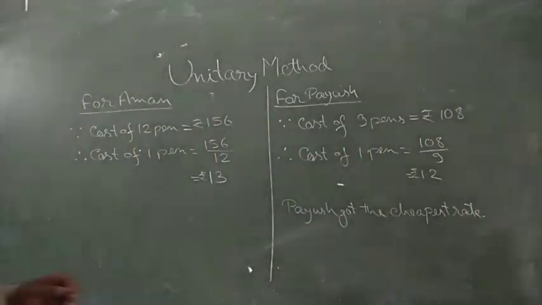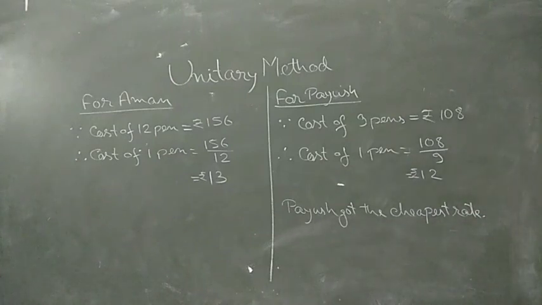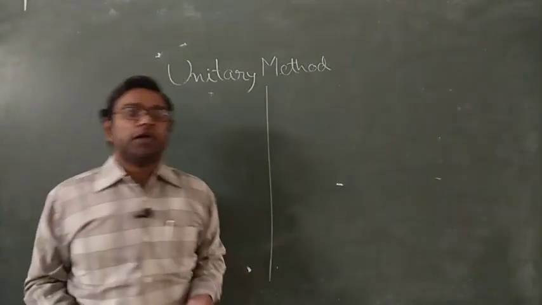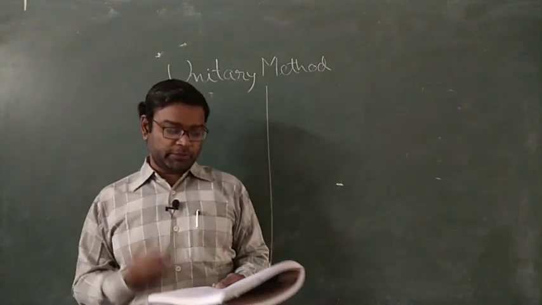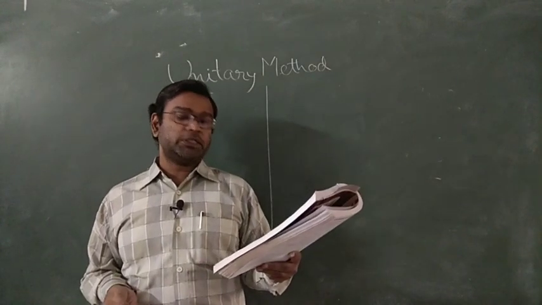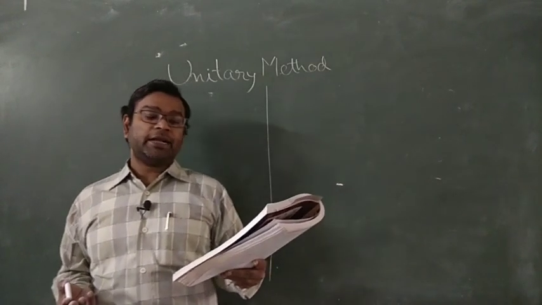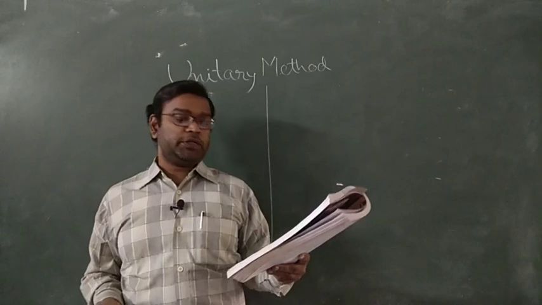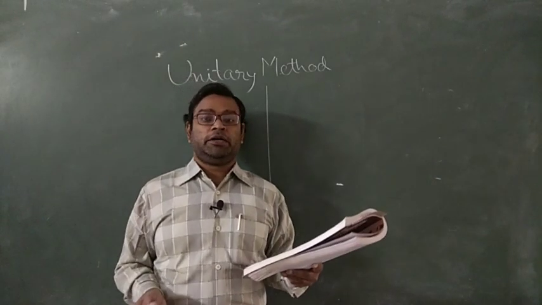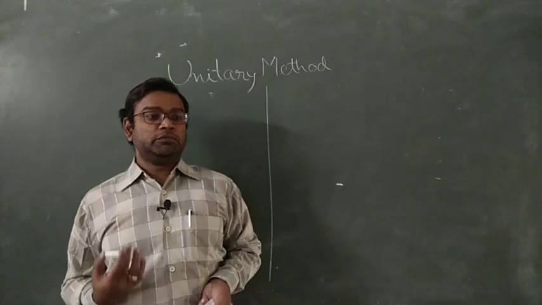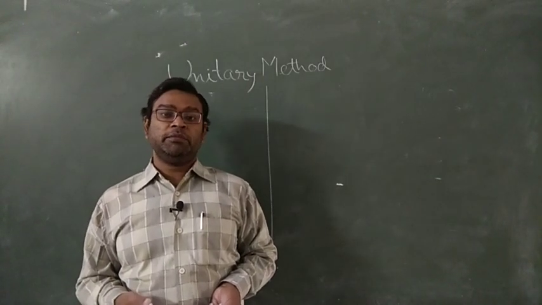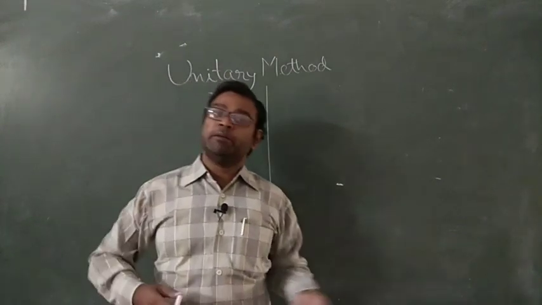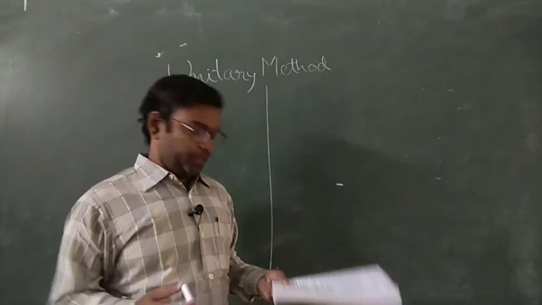I think this one is clear. Now, today's last question is the last question of this exercise of my book. A bus travels 160 km in 4 hours and a train travels 320 km in 5 hours at uniform speed. Then find the ratio of the distance traveled by them in 1 hour. Means we find the distance traveled by them in 1 hour, and then we compare their speeds. So let's start.